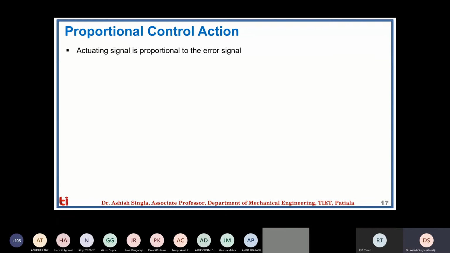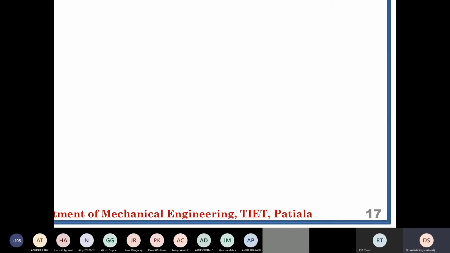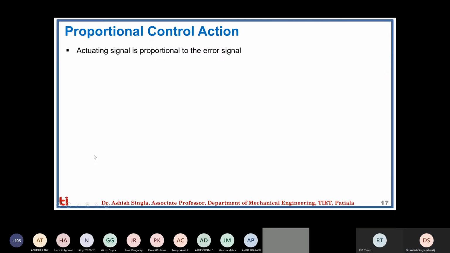So first of all, let's try to discuss the control actions. The first control action we have is the proportional control action. What's happening there? Okay. So the first control action is called the proportional control action, where the actuating signal is proportional to